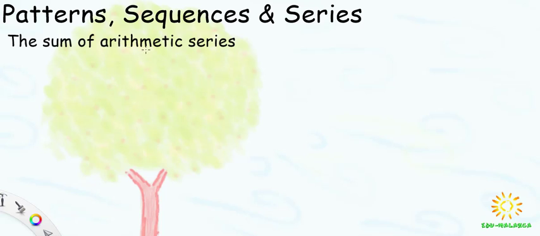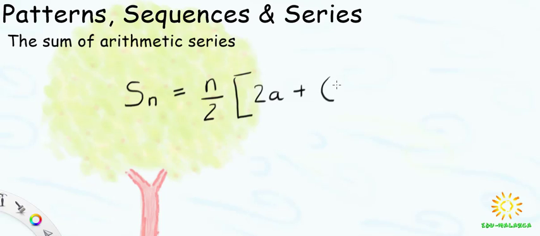The first equation that we derived looks like this: Sn, which is the series or the summation of the terms of an arithmetic sequence to term number n. It's Sn now, it's no longer Tn, is equal to n over 2, open big brackets, 2a plus, open smaller brackets, n minus 1, close, times d, then you close the bigger brackets. This is the first equation that we derived. To solve this equation, you need to know n, which is the term number, a, the starting term, and d,